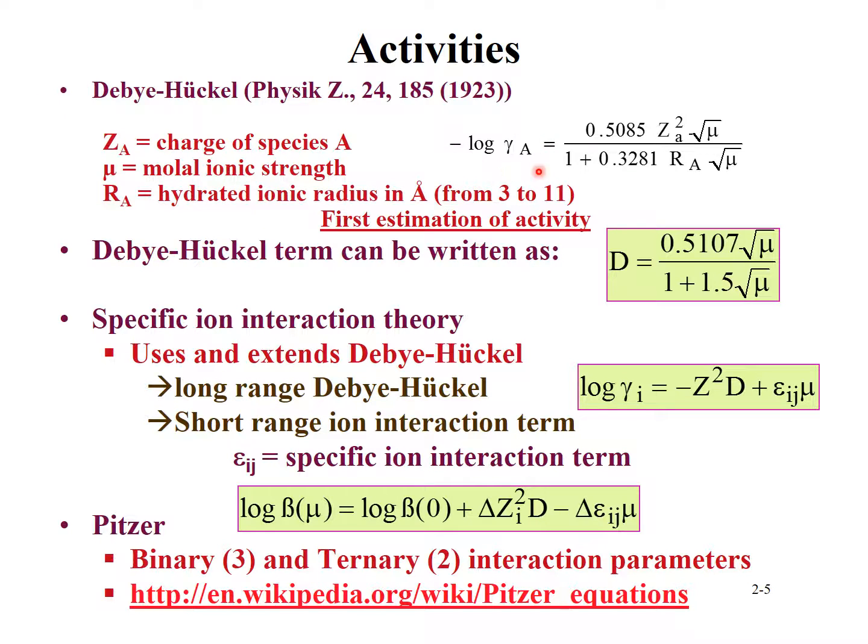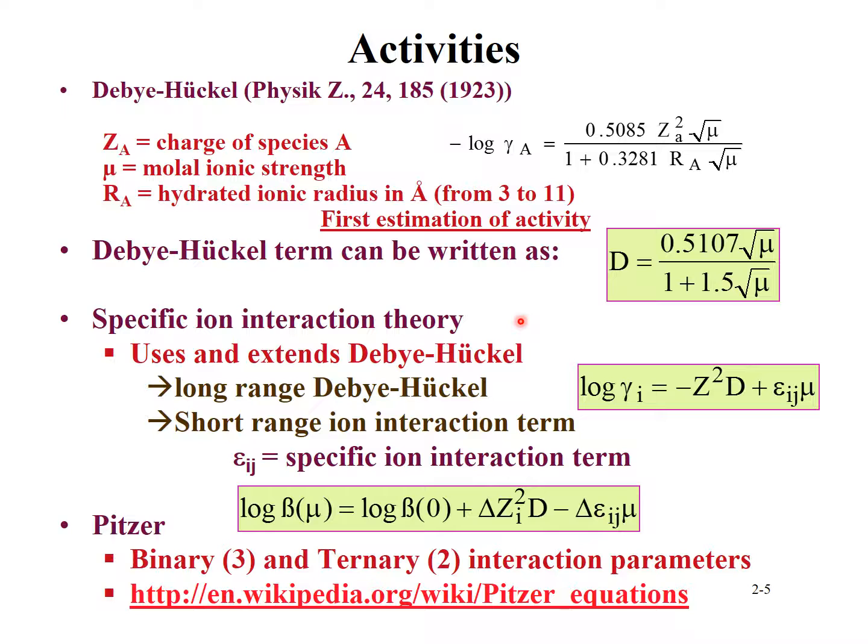It is a rather straightforward equation. Here's your activity coefficient, where we have some constants, and some of the conditions involved in here are the charge of the species, the molal ionic strength, so not molar but molal, and the hydrated ionic radius in angstroms. You can develop a term for the Debye-Huckel equation, which is listed here, where we just get this term as a function of the square root of the molal ionic strength. The Debye-Huckel terms are useful for extending activities to higher ionic strength. The Debye-Huckel equation is reasonably good for low ionic strength, and there are a few activity terms and equations that have been developed